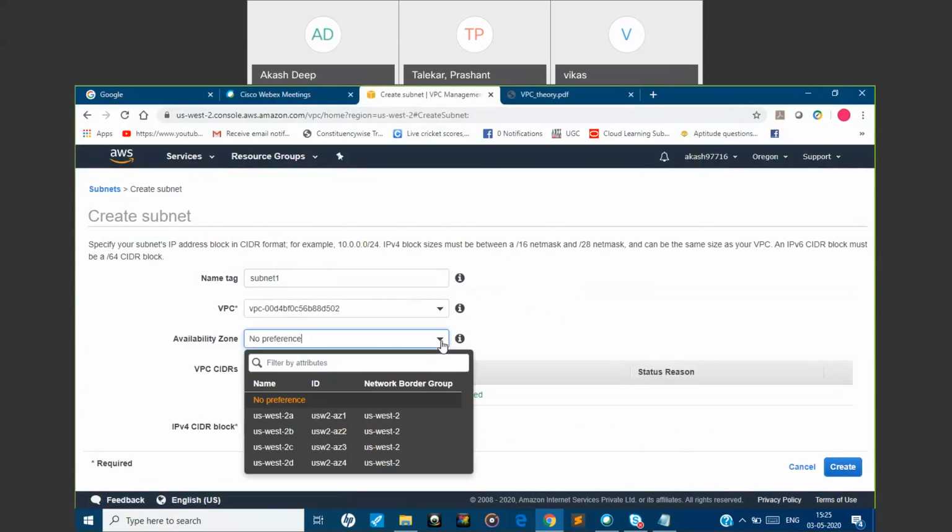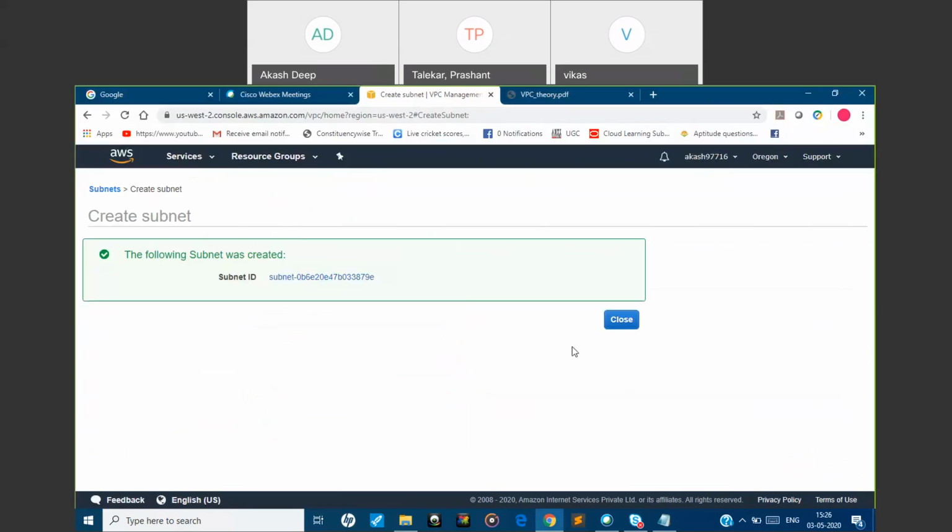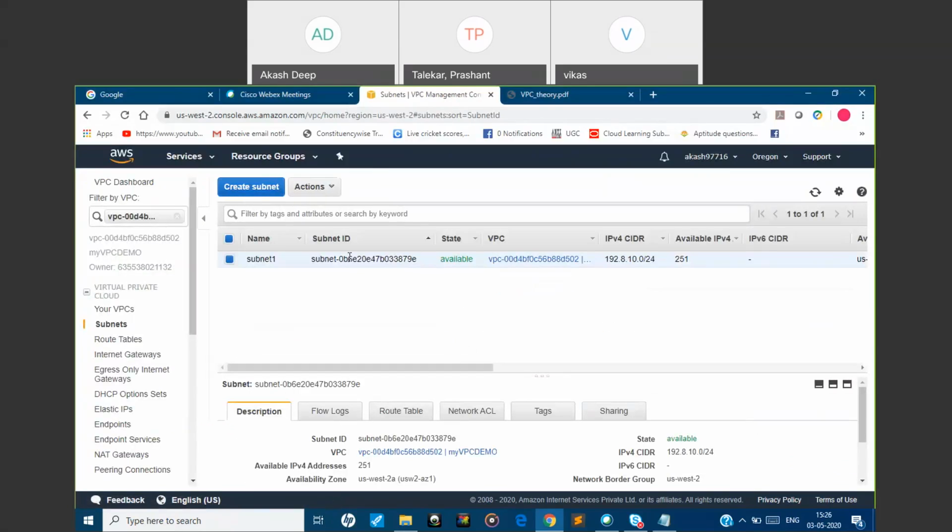We need to give the availability zone, so we will be using us-east-2a, and we need to give the IP range also: 192.8.10.0/24. Click on create. It got created, right? So one subnetwork is created.